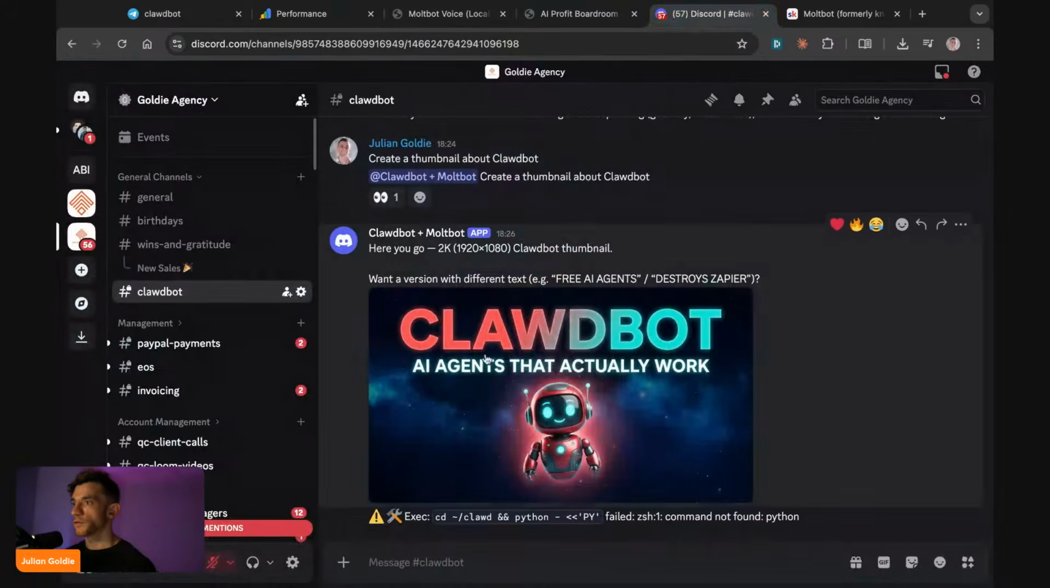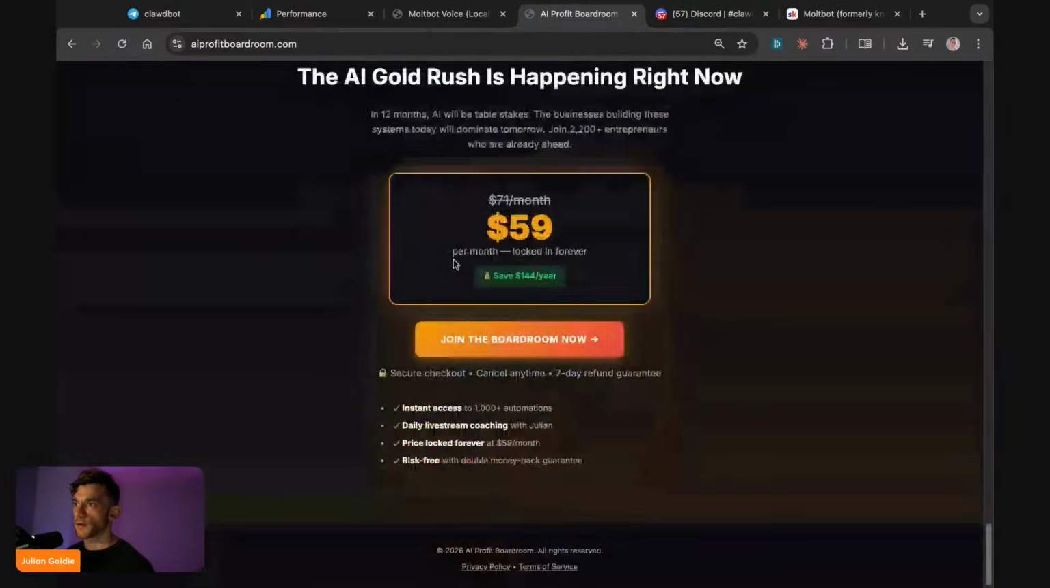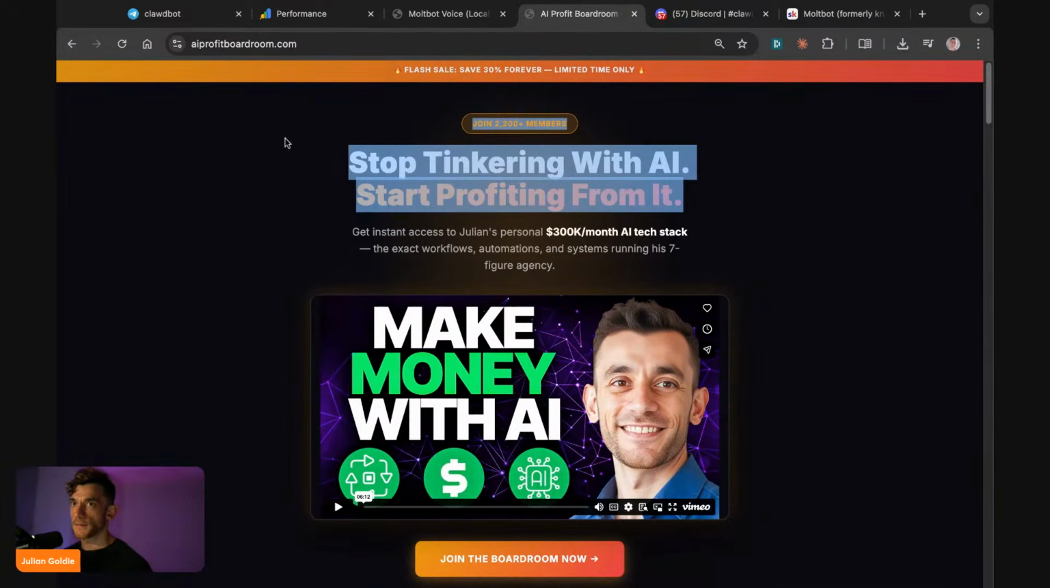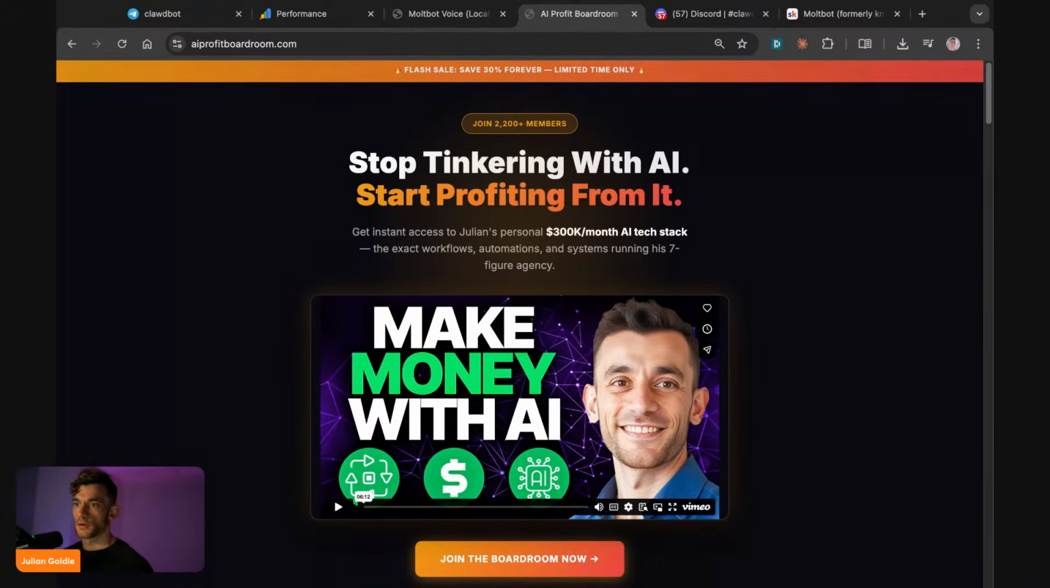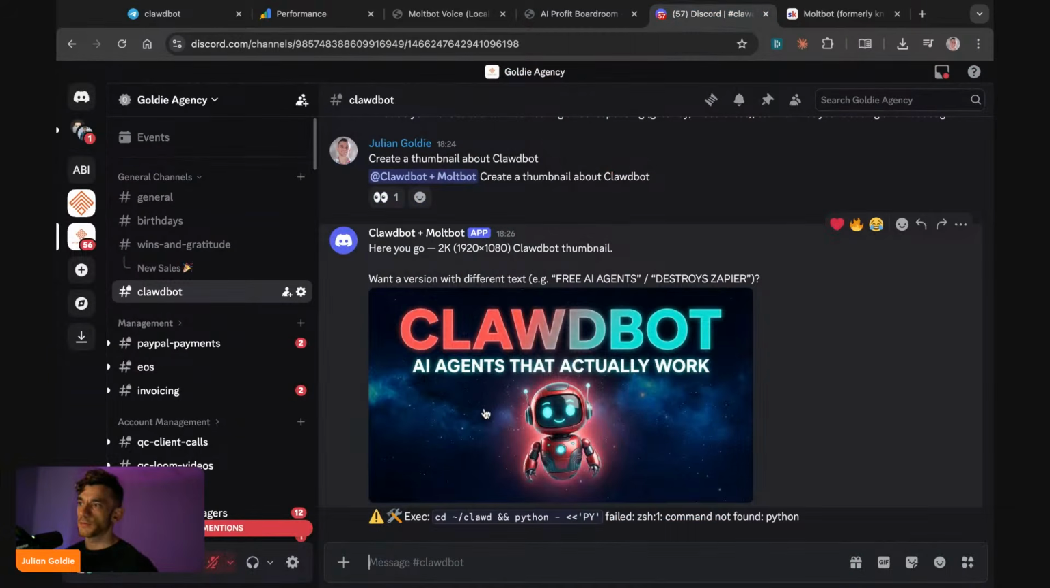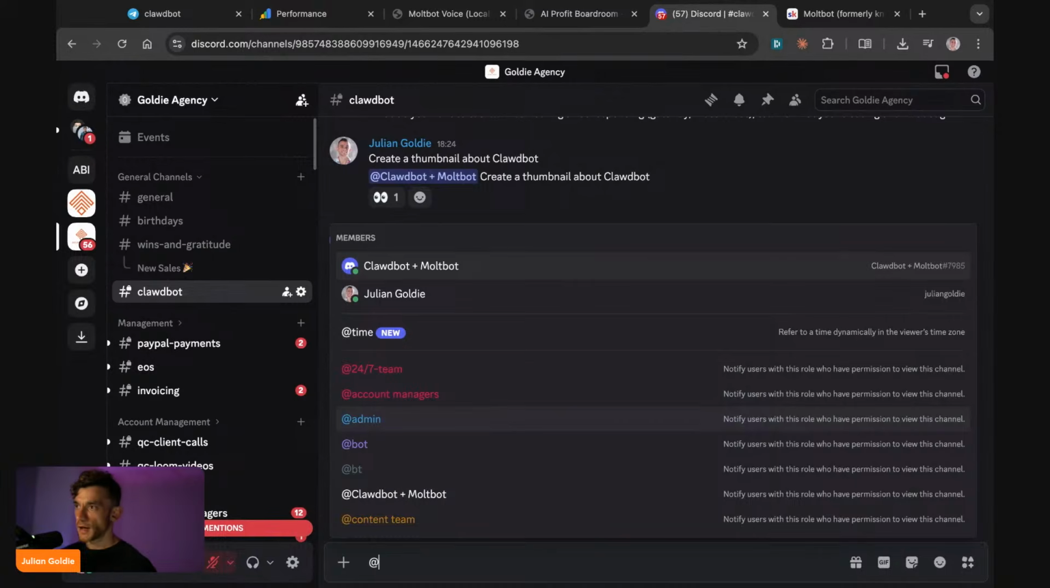Now, what we can also do is, inside here as well, we've got the website deployed. This was connected to Netlify. So Netlify we used to connect directly to Clawbot, and now it can build and deploy websites for us directly as well. And then inside here as well, we could say, okay, at Clawbot,